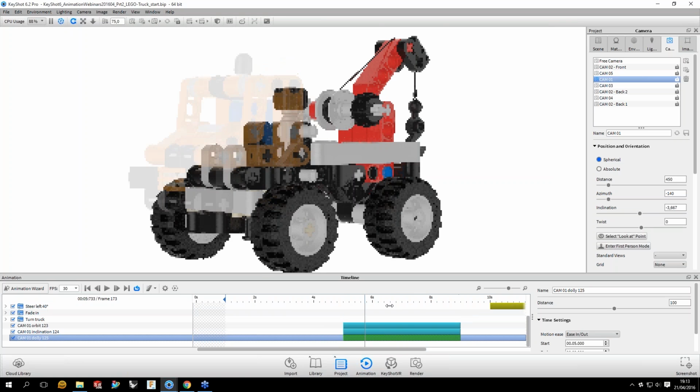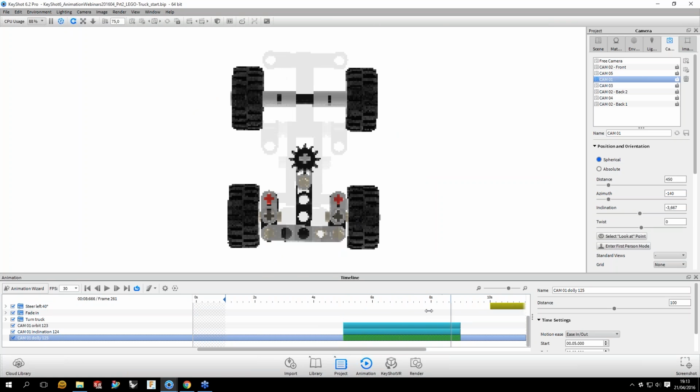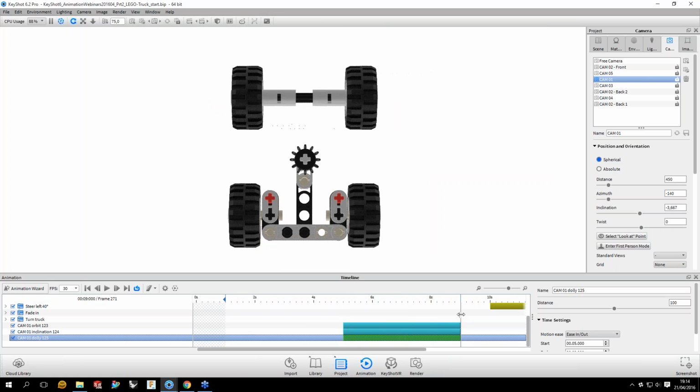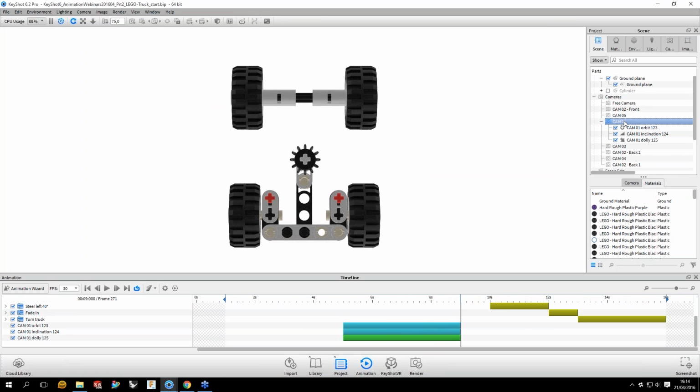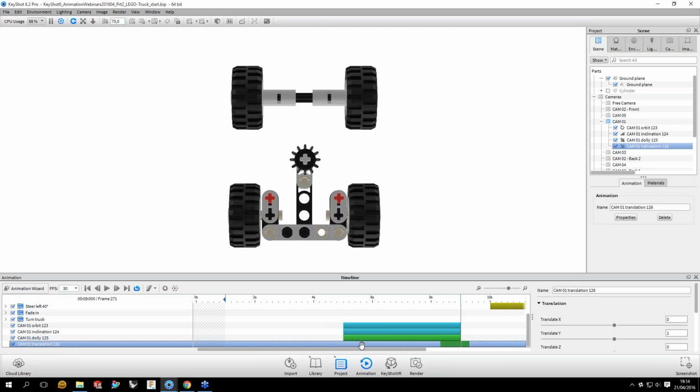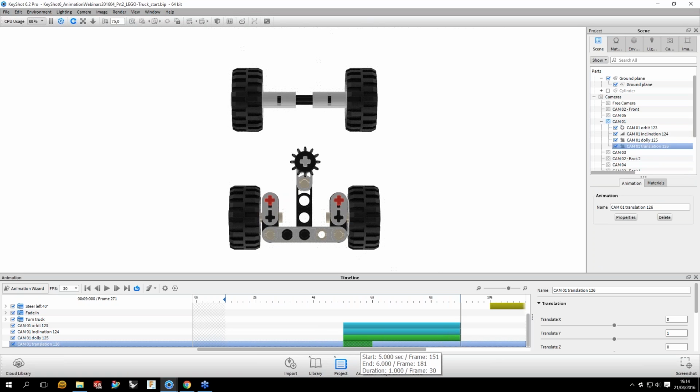Then we have one final animation to apply in this case, and that's going to be the translation. So I'm gonna go ahead and translate. Again, I'm gonna match the length with my previous animations, and I like to use the translation for cameras a lot to adjust basically the framing of my subject,